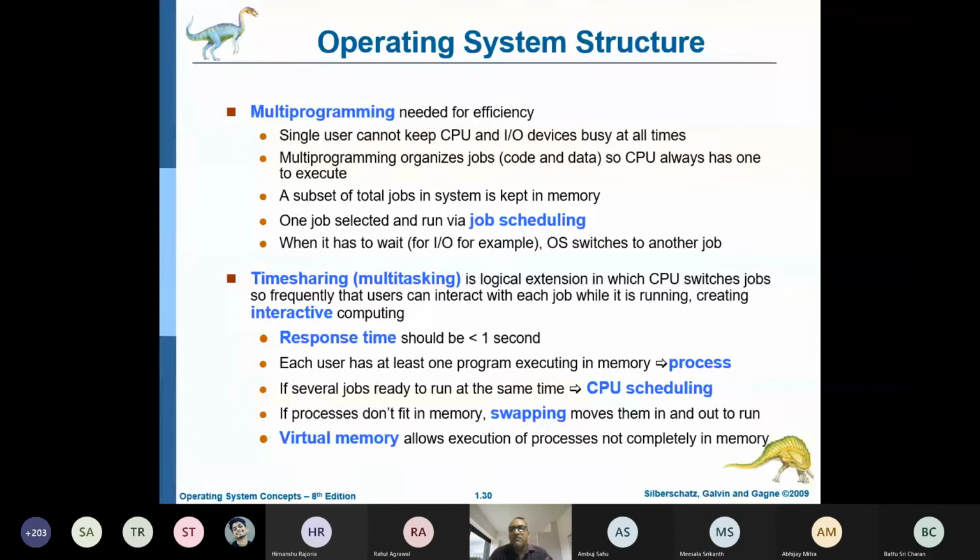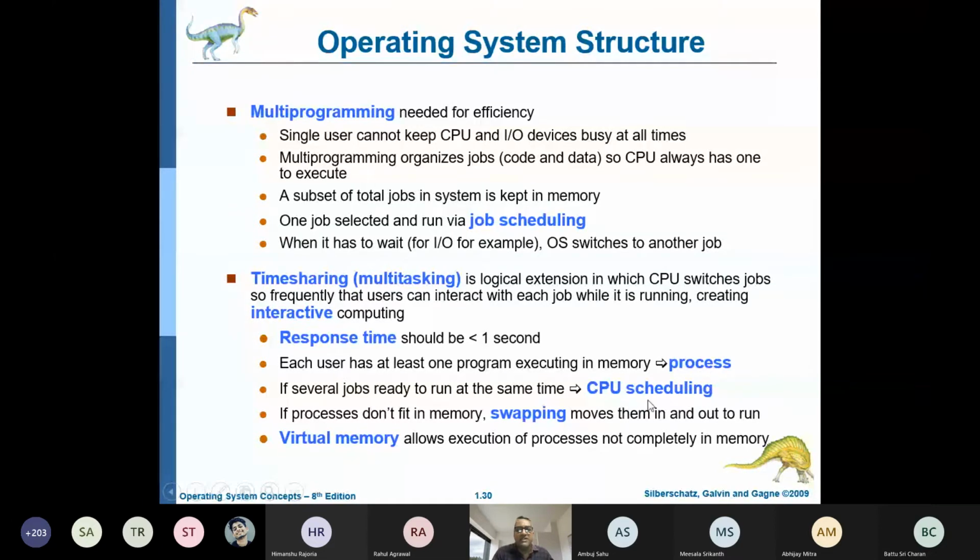Whereas if the program is brought into main memory and passed on for execution, then it's active, because it needs different resources. It may need I/O, or it may need CPU cycles. Then you can say it's a process. A process means a program in execution; it needs resources to carry out its execution. That's the difference between a program and a process.